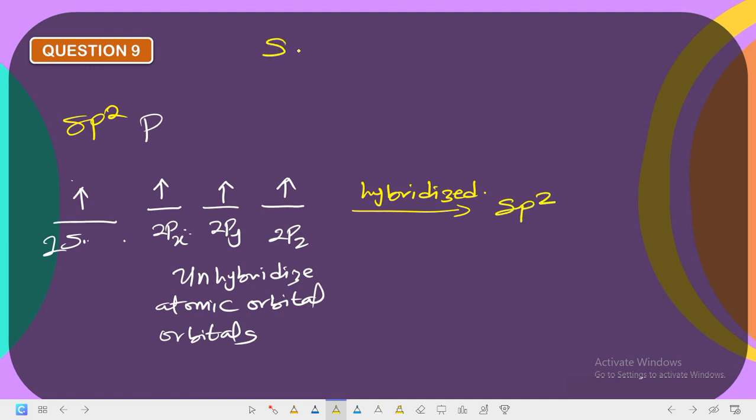sp2. Why? Because we have s and p as the electronic configuration. So if these 3 hybridize, s and 2p, sp2, this p and this s, sp2, this p and s, sp2. So it forms sp2. Okay, you have to bring the energy level lower because this one is. So you say these are